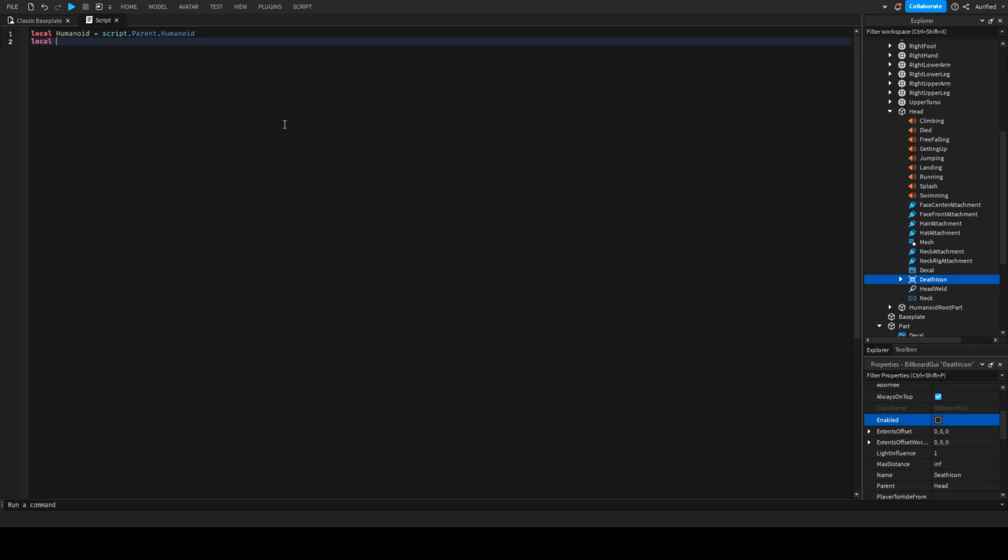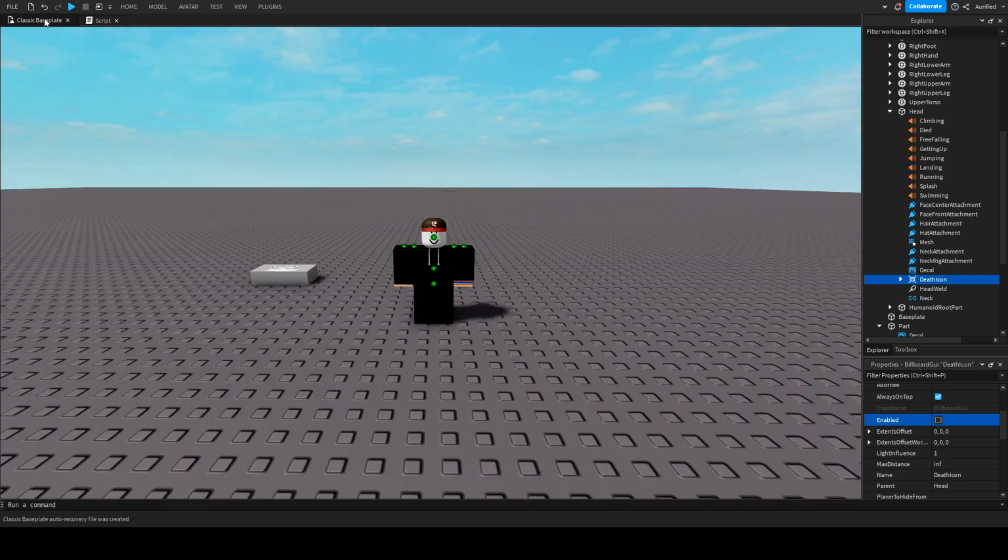So let's first reference it. Local death GUI equals script.parent.head.death icon. And then we want to check when the humanoid dies. So we're gonna do humanoid.died connect function, and then we want to set the death GUI's enabled property to true. All right, and then